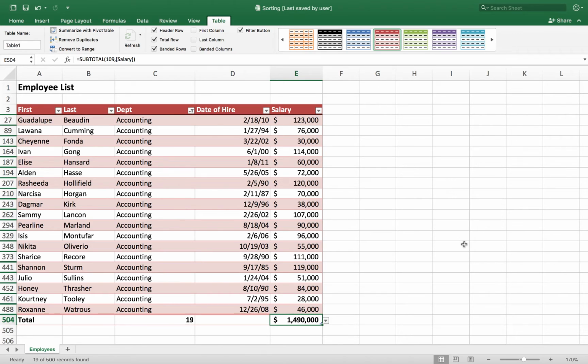So anyway, tables are I think a really handy feature in Excel. So we can do the sorting, we can do the filtering, we can do calculations, we're doing formatting. These days it's important not to just have the right answer, but to have the right answer look nice, right? So the formatting here is really important.